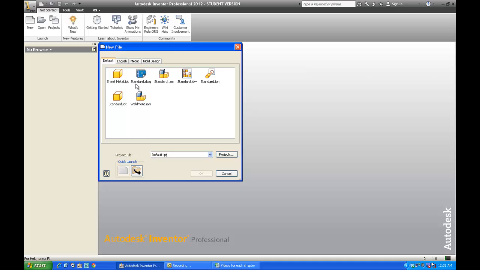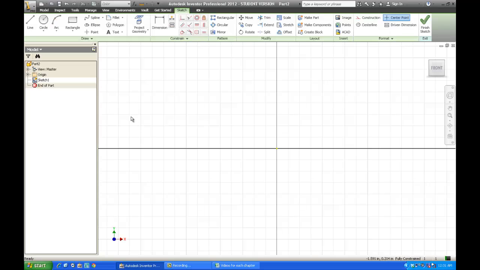So, let's just simply start with an IPT. Okay, we'll just look at it for just a second, and then we'll go on to the others. So an IPT file pulls up, and it begins in the sketch mode. Now, if you look over here at our browser bar down the left-hand side of our screen,